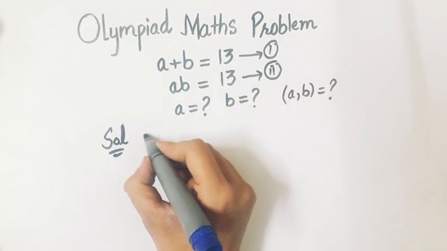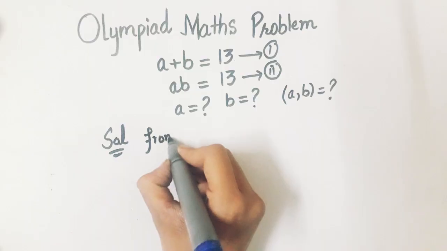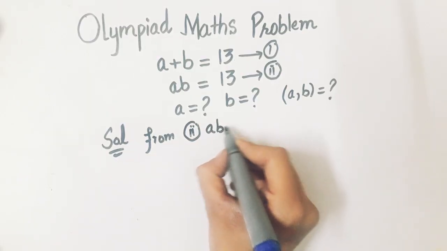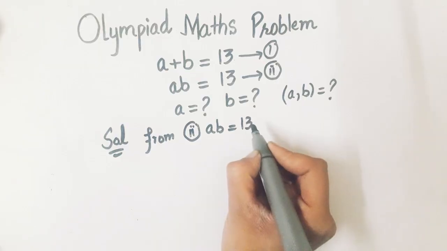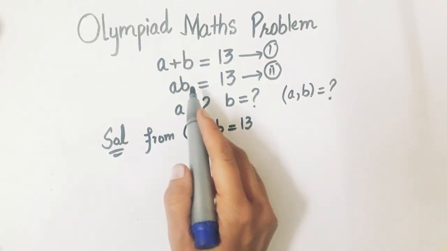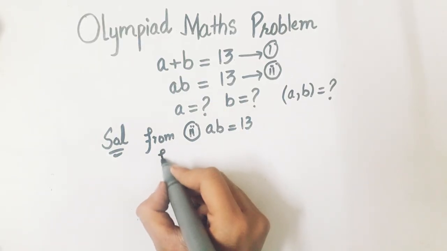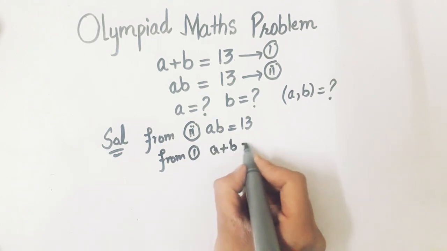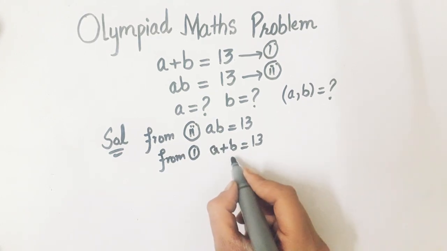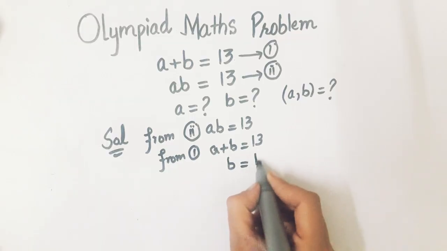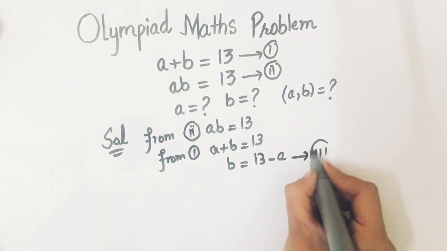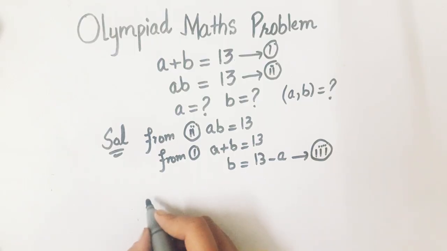Now from 2 we have ab equals 13, and from 1 we have a plus b equals 13. Now we will find the value of b here, that is 13 minus a. Consider this as equation 3 and substitute